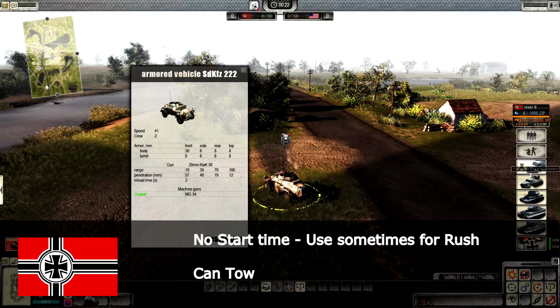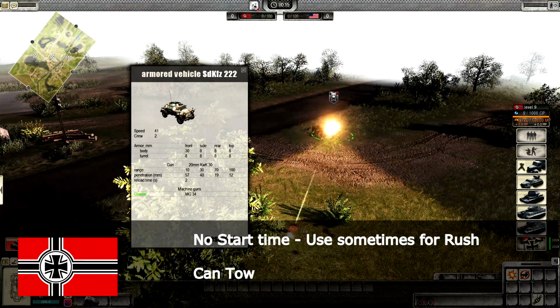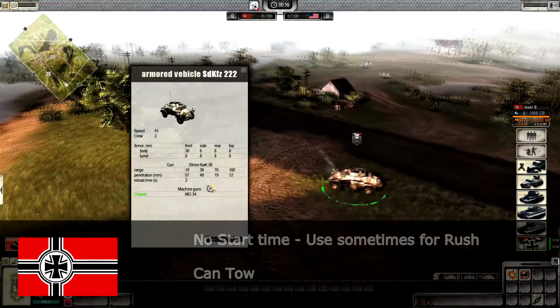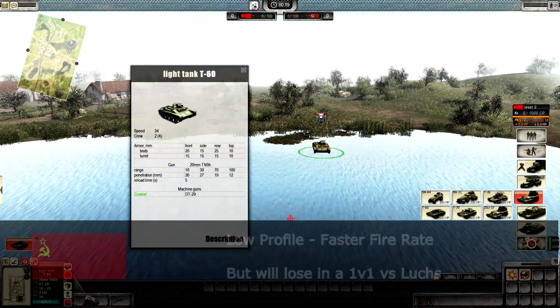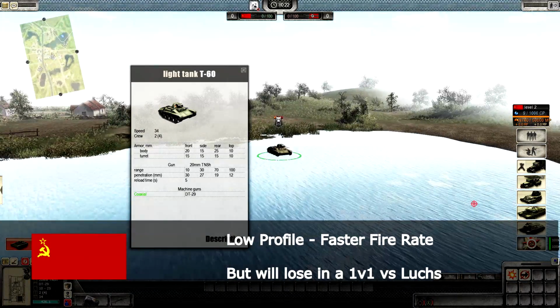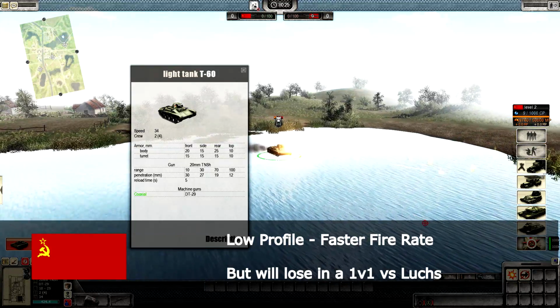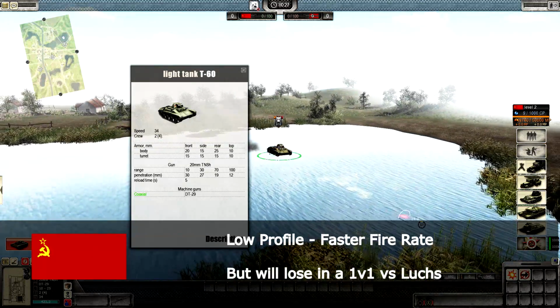The reason you'll really buy this is if the timer on the Lux is not available, such as at the very start of the German game, the Lux has a longer timer and you cannot buy it, so sometimes the 222 is better for a rush. The T60, slightly more expensive, but can wipe out infantry a bit faster due to its high fire rate. It does have a lower profile, but its armor is quite thin,